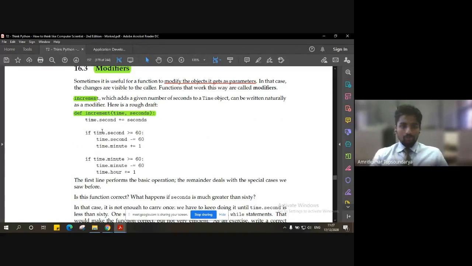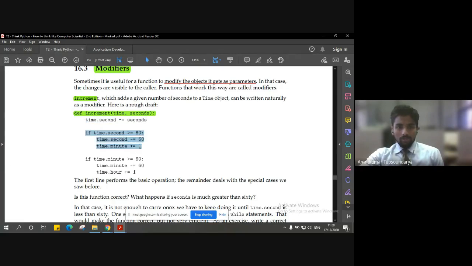So its job is to just increment the value of a minute if the second is greater than or equal to 60, right? And increment the value of hour if the value of minute is greater than or equal to 60, right? So this modifier just increments the time, be it seconds, minute or hour. So the input for it is time and second, of course.